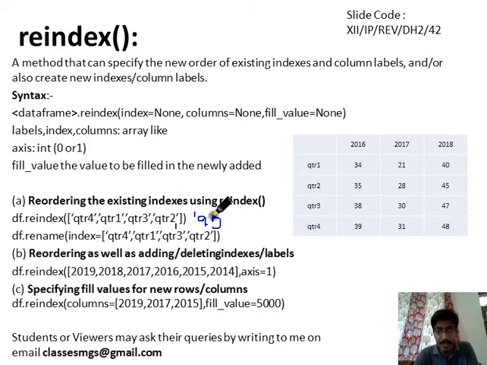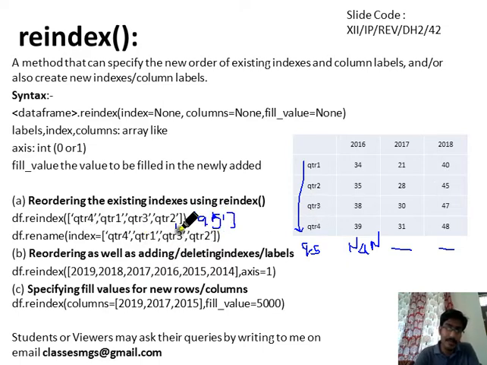Then the reindex function will reindex like this: the columns which are found will be reindexed like this. But if there is a column that is not found in the original data frame, then this new column will get added, a new row will be inserted, and the default value for these will be NaN, similarly NaN.